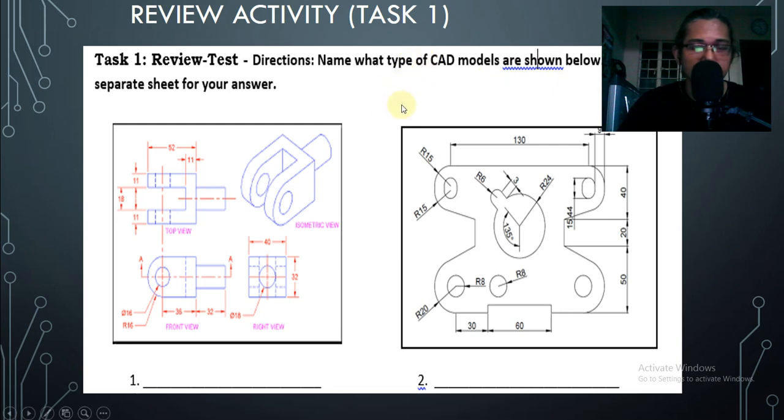If your guess is orthographic projection, that is right. This is an orthographic projection, or a presentation of drawing showing the different sides of the isometric drawing. So here it is represented in two dimensions. The top and the length, or the height or the width, is represented in this CAD model. While in number two,